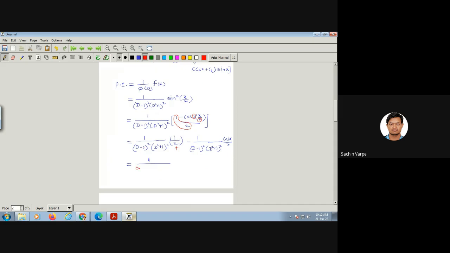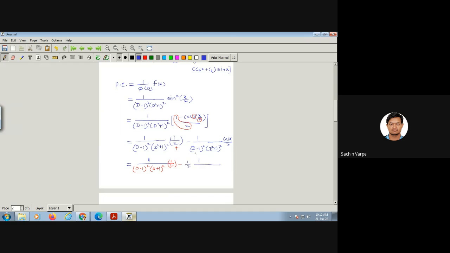So 0 minus 1 square, 0 plus 1 square into half, minus, इसके लिए क्या करते हैं हम? For cos we used to replace D square by minus a square, where a is 1. So that 1 by 2 cos x by 2, so 1 by 2 I'm writing here suppose, and then